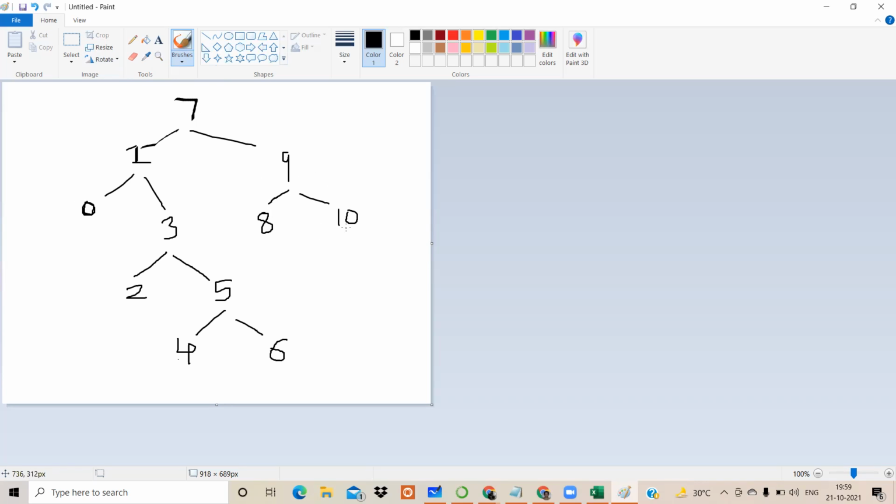उसको rule लगेगा left, right and then root. That means यहाँ पे ये subtree will be printed as 8, 10 and 9, and then this entire subtree, that is 1 वाला ये जो subtree था as well as 9 वाला ये जो subtree था, दोनों भी traverse हो चुके हैं. That's why by the rule of post order, left subtree, right subtree and then the root. That's the reason 7 will be printed after this. So ये string होगा 0, 2, 4, 6, 5, 3, 1, 8, 10, 9 and 7. Fine.